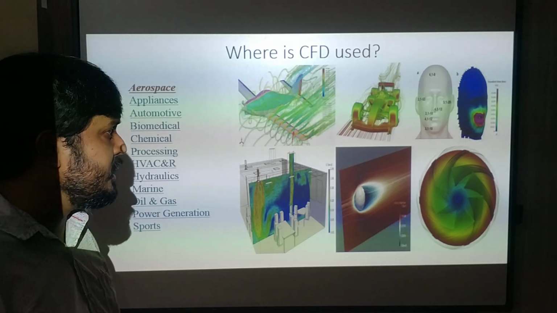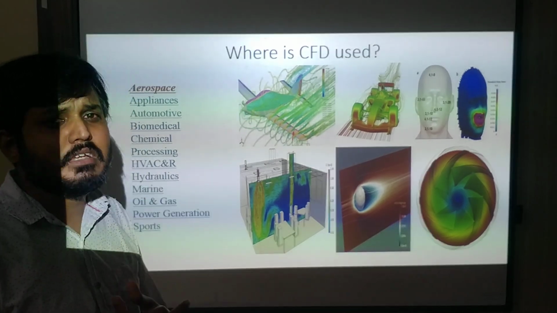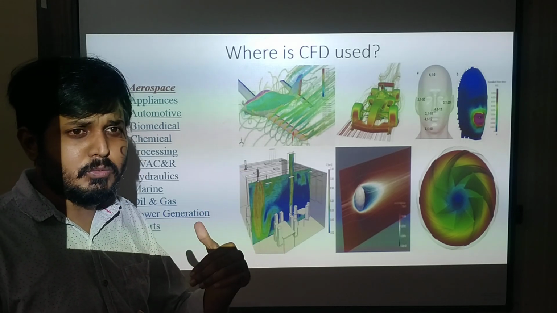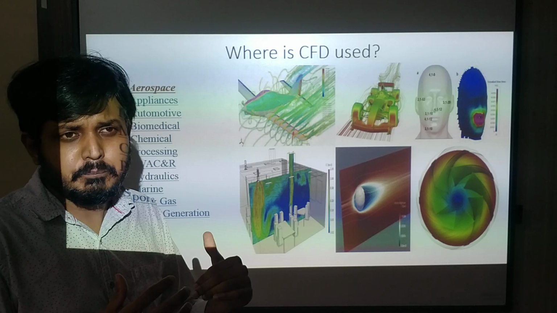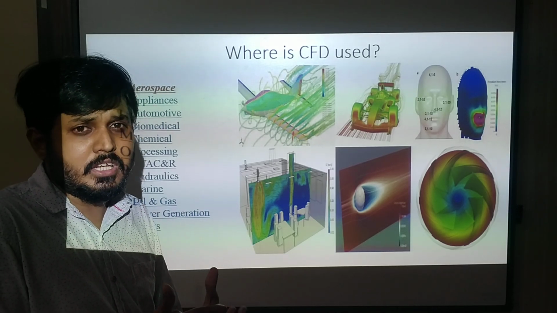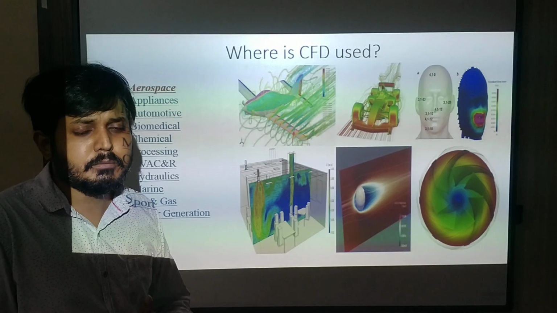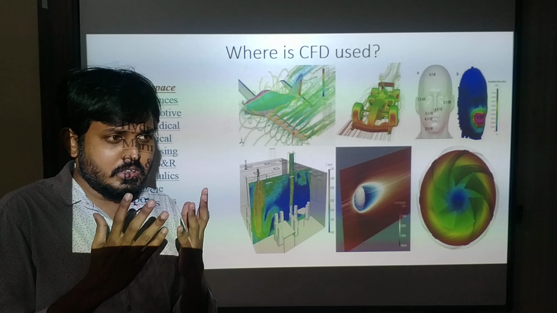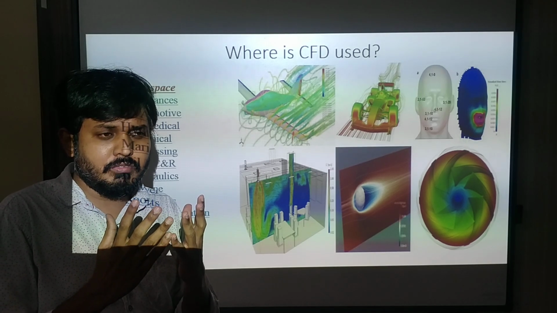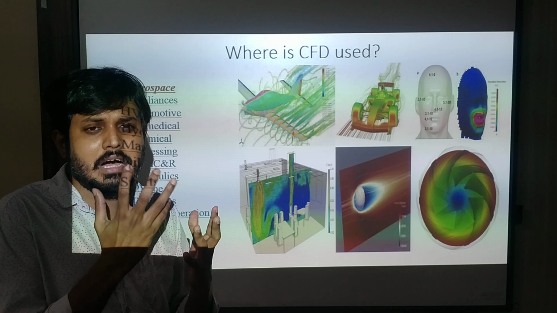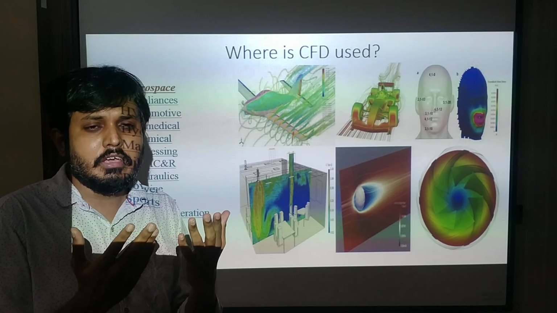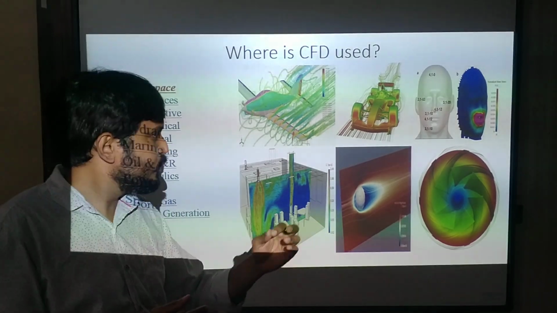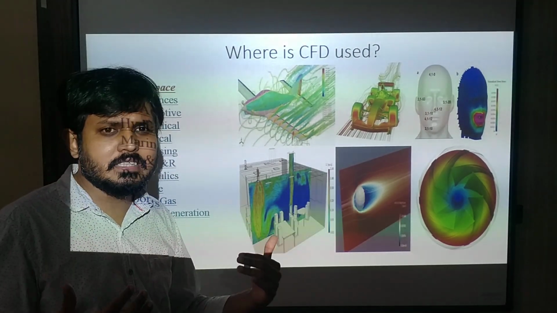At the same time, bioengineering, nowadays coronavirus, this is very hazardous. Experimental analyses are there which are very hazardous for human health. If they do their simulation, then it becomes very easy and non-hazardous also. So there we can use your CFD simulation. Okay, so how much amount of particle will flow, and what will be the porous media of your mask, and how you can defeat all these types of viruses. Through this you can easily understand that with the help of CFD you can analyze your fluid flow